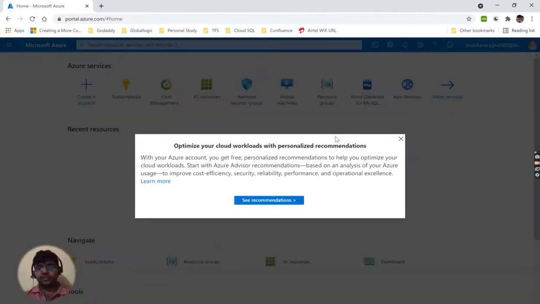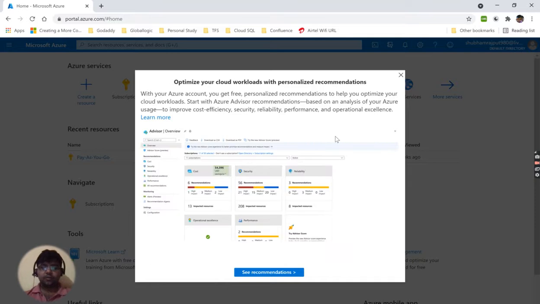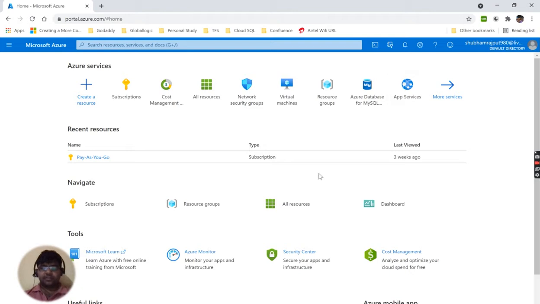Actually, on my browser my credentials and everything are already saved, so I don't need to do anything. It will automatically redirect to my Azure portal. So basically, this is the home page of the Azure platform.